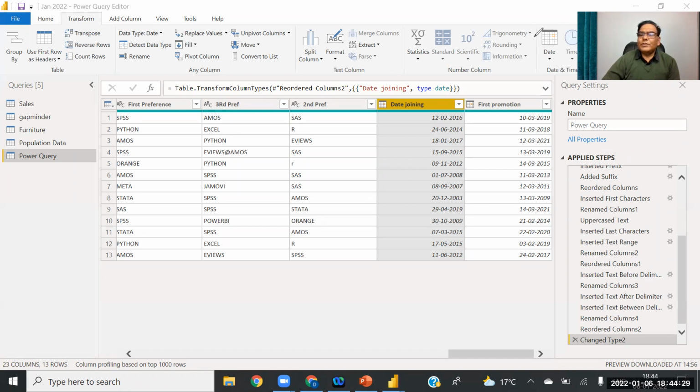You can see this date function on the right-hand side, and we are going to apply this date function. So this is our first job.